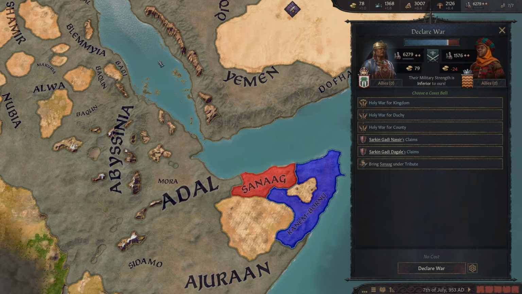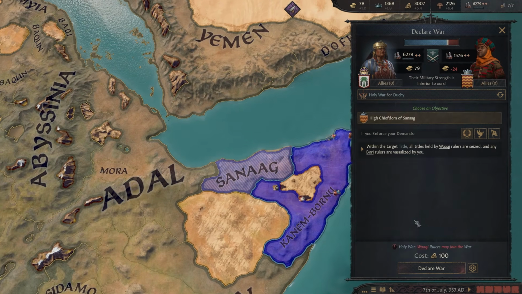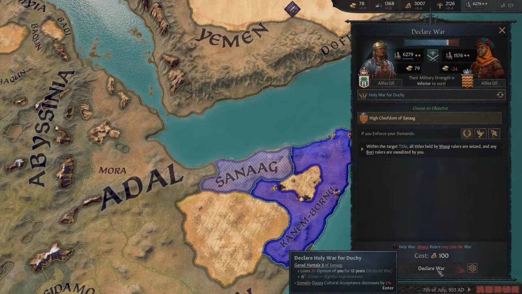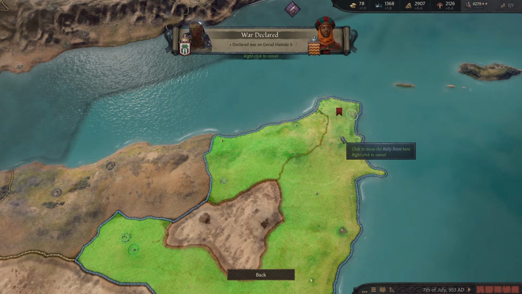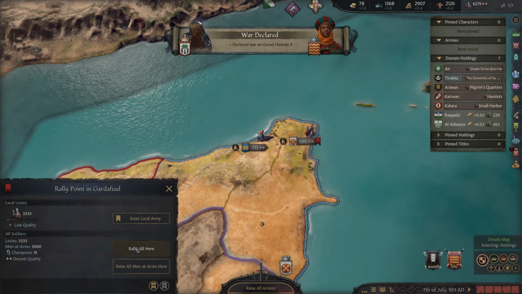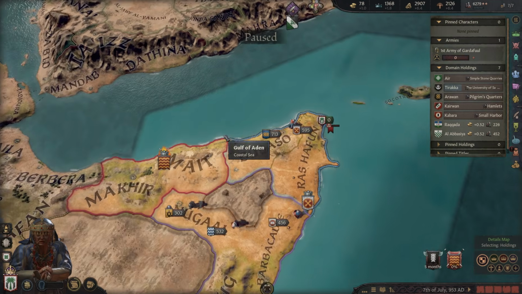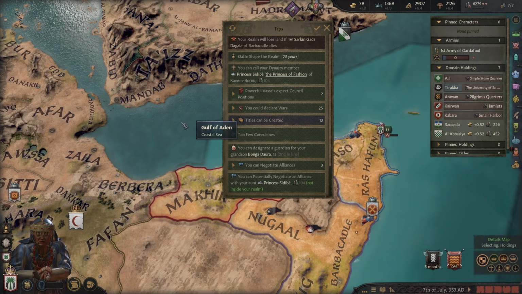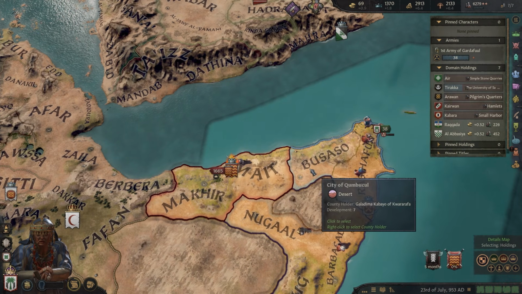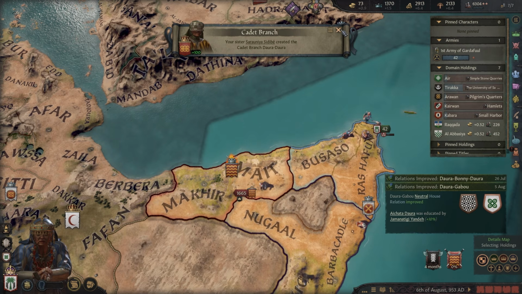Anyway, I'm going to attack you. I'm going to holy war. And let's go. Over here, let's do a little rally point right in the corner. Just raise some troops. I just went for the one in the corner because it's far away from their land, so they shouldn't be able to raise their troops and get to us first. Even if they do, they have to go through attrition to do so.